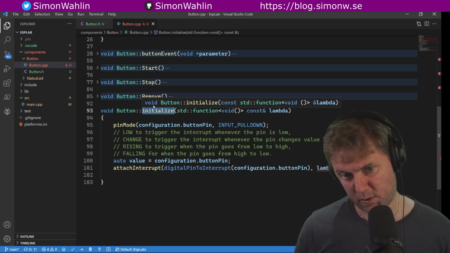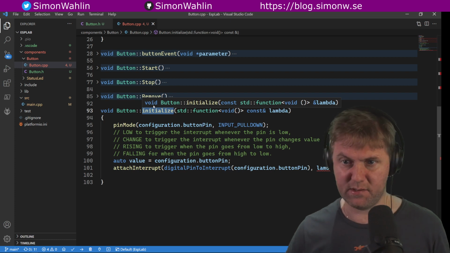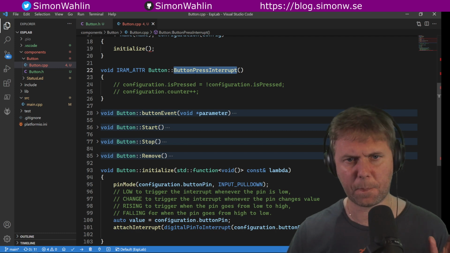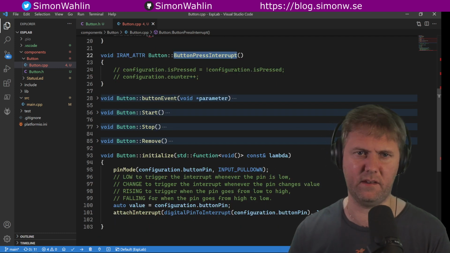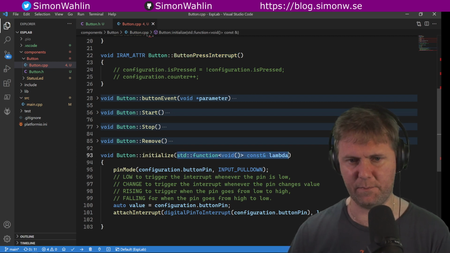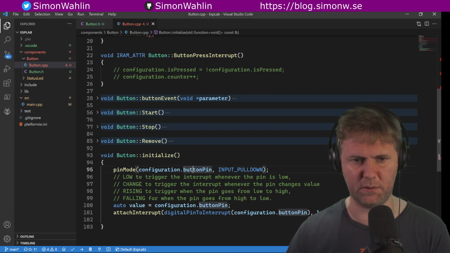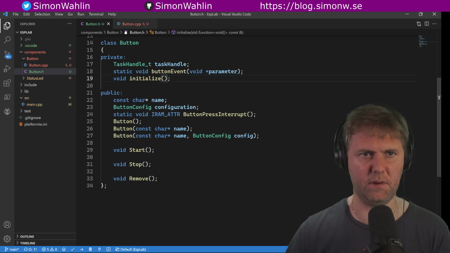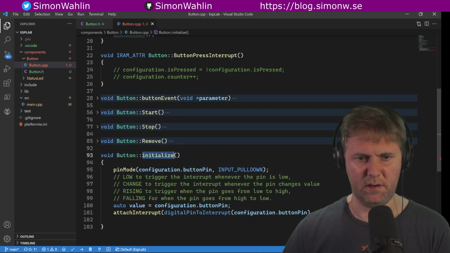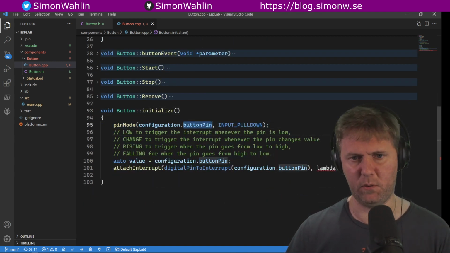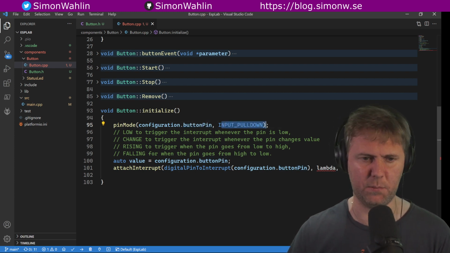However, it doesn't work because it requires this ISR routine or interrupt routine. This can't take any parameters, and apparently, so I've been trying to do a lot of weird stuff here, but let's just remove this because that's not working, and also remove the same thing here. So now we have an initialize method that takes nothing. And then we set the pin mode, say whatever pin that we're using for the button pin, that should be set for input. So use it as input, and then we